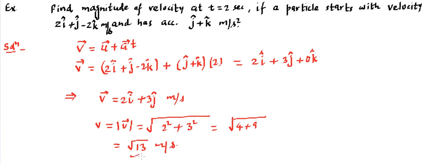And this is the magnitude. Once we got the magnitude and direction, it's going to be easy to find the direction. So how are we going to write the direction? So direction is going to be vector divided by its magnitude. So that's going to be the direction, and this is going to be magnitude. So that means we are able to find the velocity in its complete format. Here it's simply asking for magnitude, hence we can say root 13 is going to be our answer.